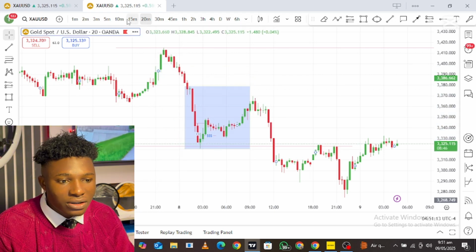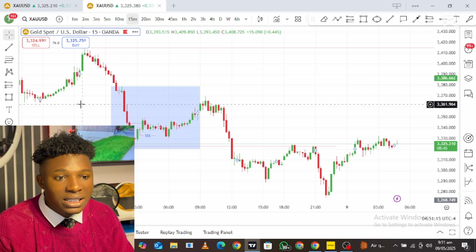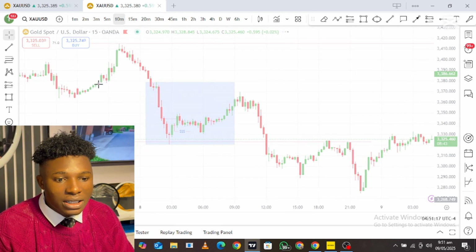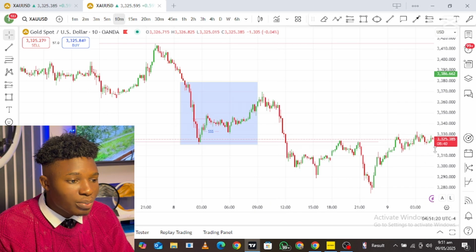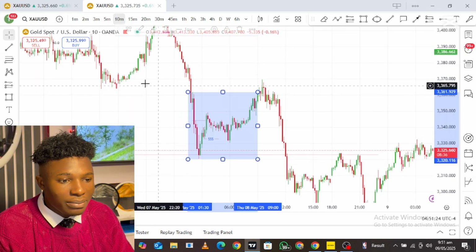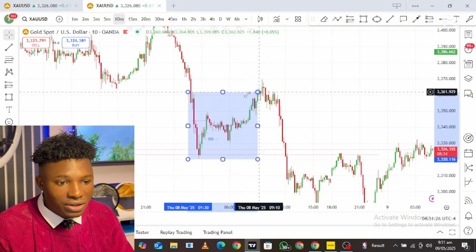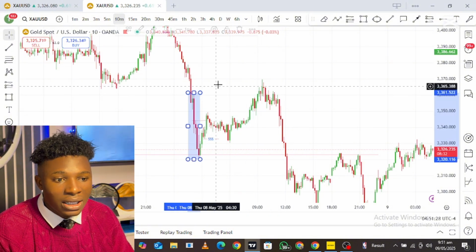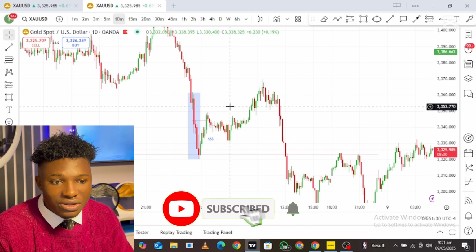On 15 minutes, it's the same thing as our 30 minutes. And then on the 10-minute time frame, this is where we have what? Our first opposite candle right here, which is on 10 minutes. But in between this particular 10 minutes, I got an entry by studying inside this particular area. Then I was looking for what? An opportunity to buy the trade.